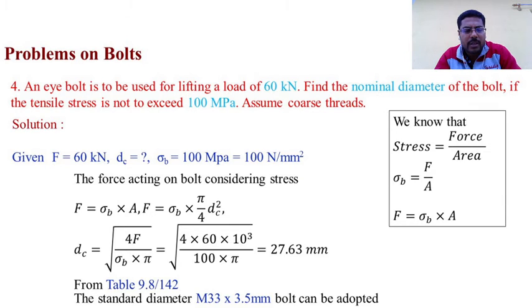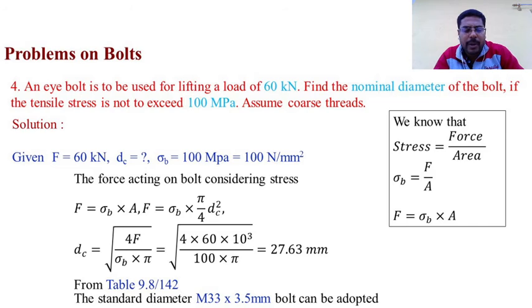Okay, formula: F is equal to sigma B into A. We know that the value of sigma B is equal to 100, and A is equal to pi by 4 DC square. We don't know the value of DC square, so therefore DC square is equal to